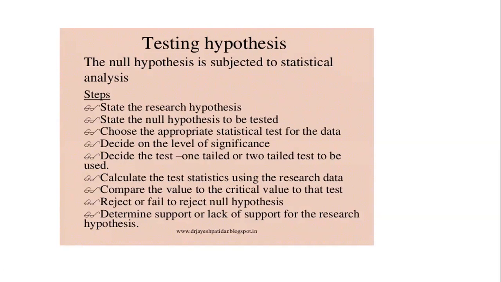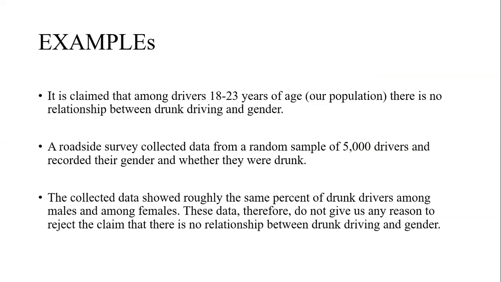And the second one is decide on the level of significance. In my next slide I will explain what the level of significance is. Next thing is you need to decide the test, whether it is one tailed or two tailed. That one also will be discussed in upcoming lectures. And next, calculate the test statistic, the value for your test. After you obtain your values, you need to check whether you want to reject or accept your null hypothesis. After that you can conclude or prove your hypothesis, right? I think this is not that clear, but after the end of this lecture it will be clear to you. I will repeat this once again later.